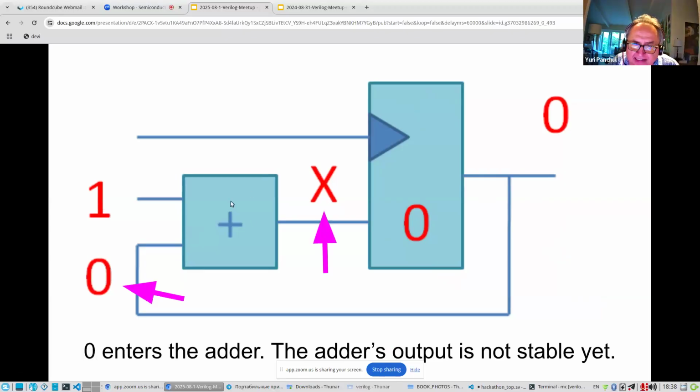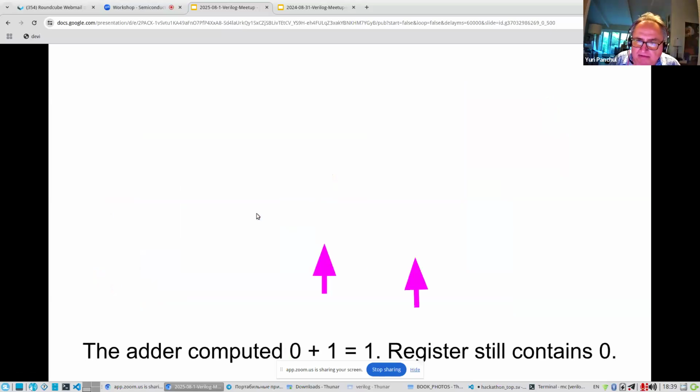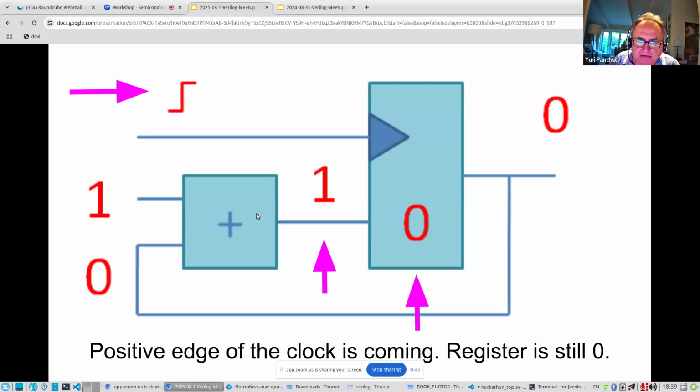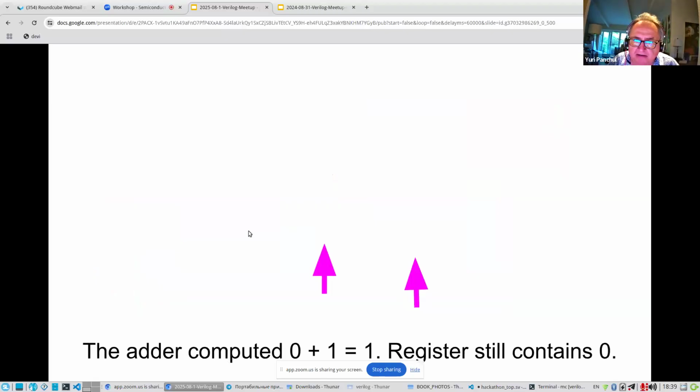When it enters the input of the adder, the output of the adder is still undefined because the signal didn't propagate through this adder yet. So now we add 1 plus 0, and once we propagate, for some reason this doesn't show it.